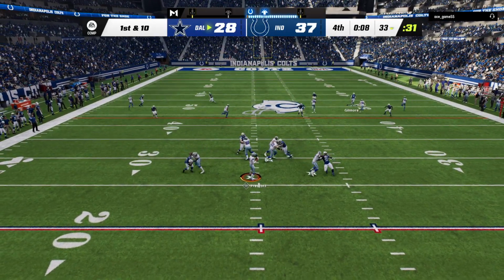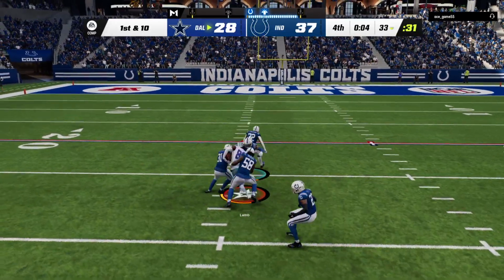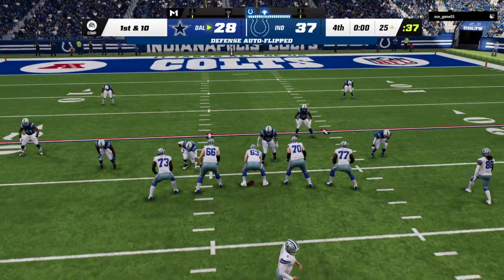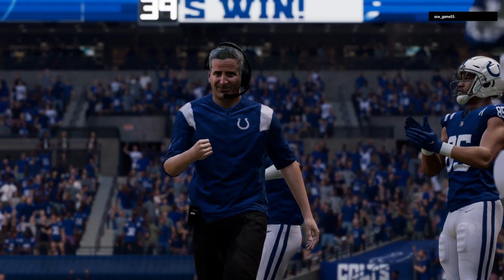Prescott. Now a desperation throw deep downfield. And that's caught inside the 35. Well, this was a fun one today. If you